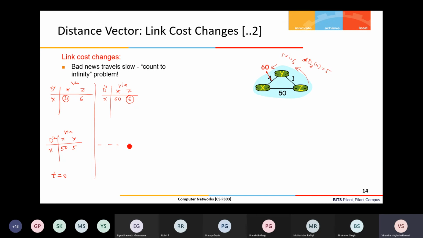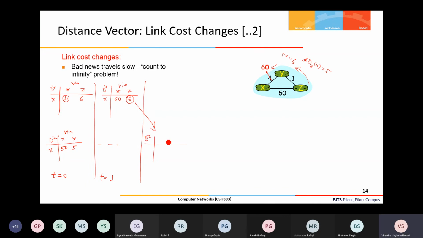Z has not observed any change at t equals 1, so Z's table will remain the same. Because y's least cost to x has changed, it will inform its neighbor Z. So when Z receives this, what will happen?